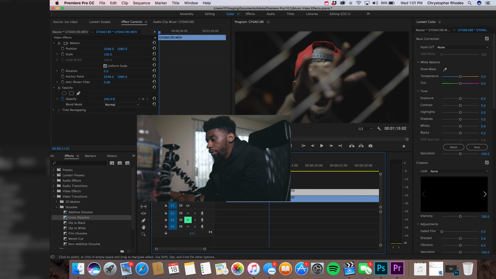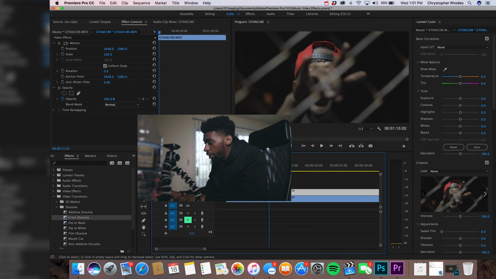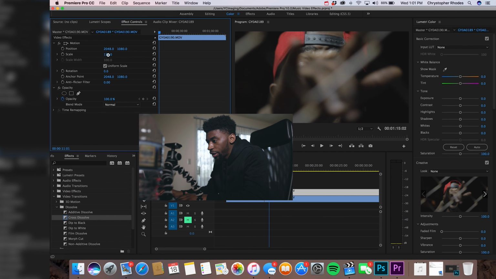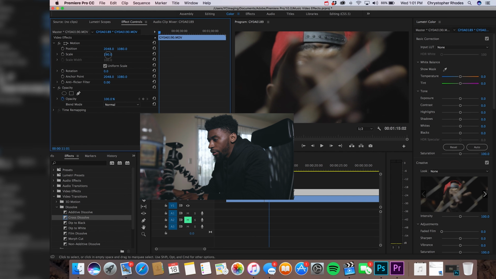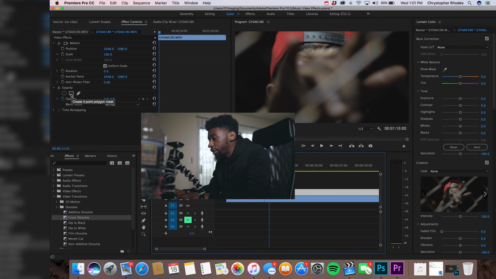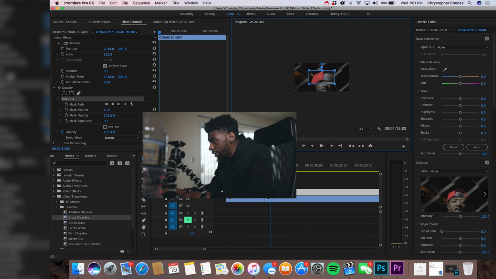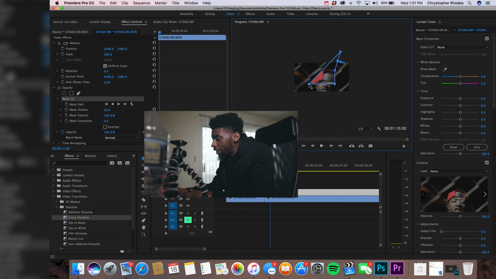We'll copy this clip up, hold Option, drag up. And basically what we're gonna want to do is scale this up to like a 190. All right, so we got that scaled up, and then we're gonna click on the square, which is gonna create a 4-point polygon mask. If you hit this, you can zoom out to 10% so you can actually see the edges of the video. And basically you're gonna want to cut your image in half, but